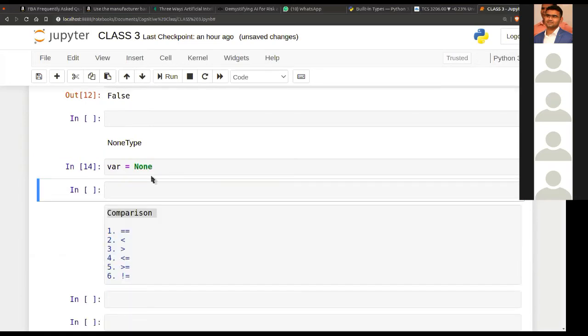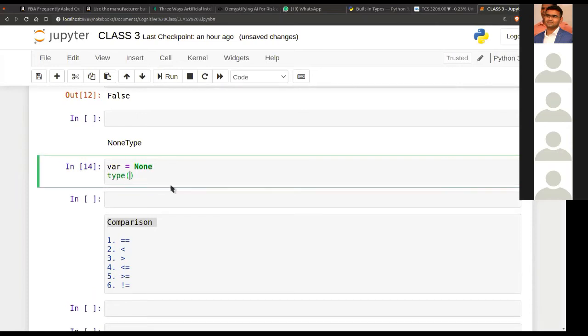This is None type, so it won't throw an error. If you want to check the type of the variable, it would be None type.